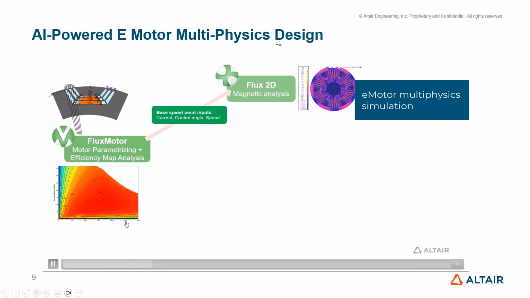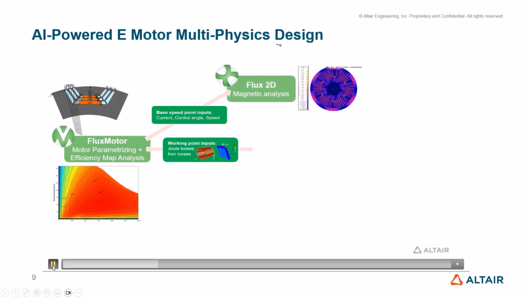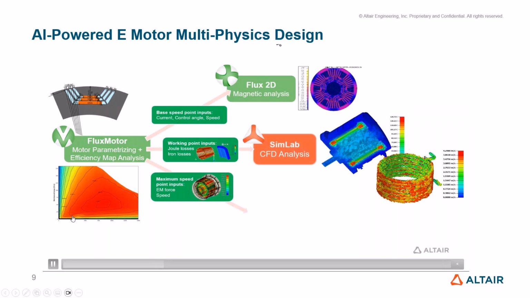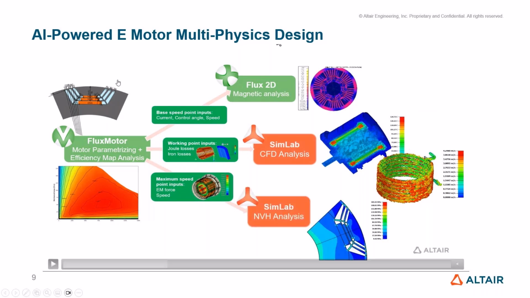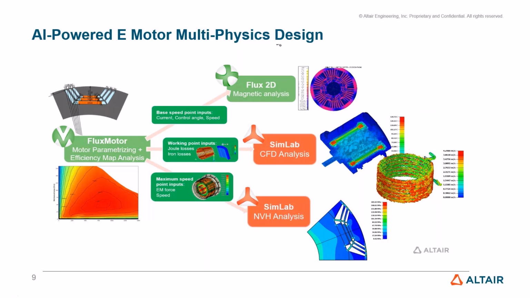First we set up the PM model within Flux Motor to get all the data out of Flux Motor. Flux Motor is very versatile, so we can get EM data, noise and vibration data, and also thermal data out of Flux Motor. So we got all three data out of Flux Motor, except one thing, which is the rotor stress that we need to get. We were using SimLab for this multiphysics design. And once we have all this,